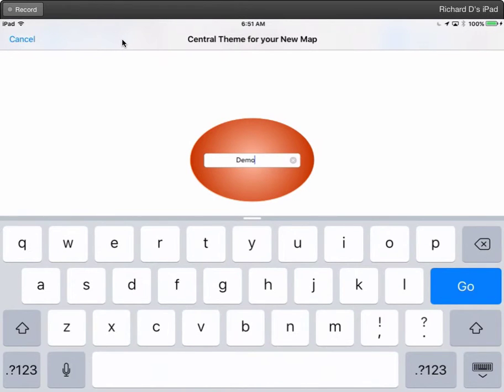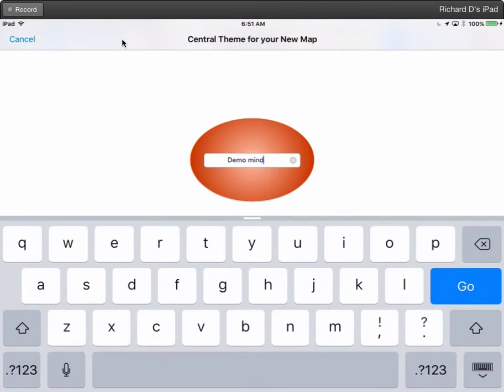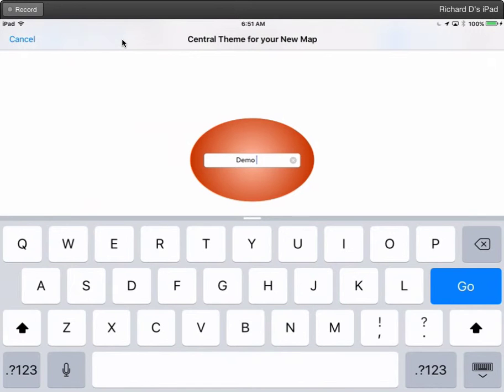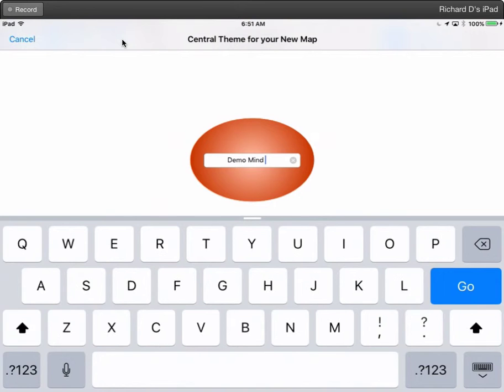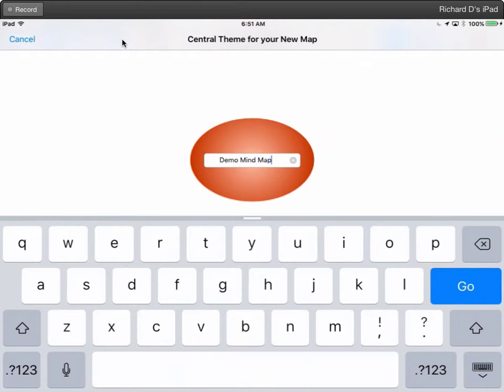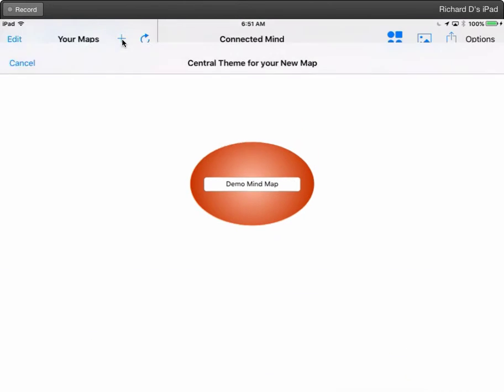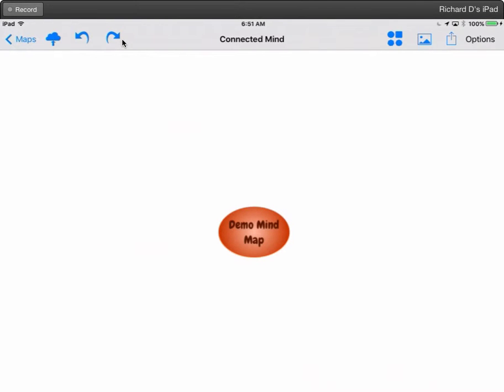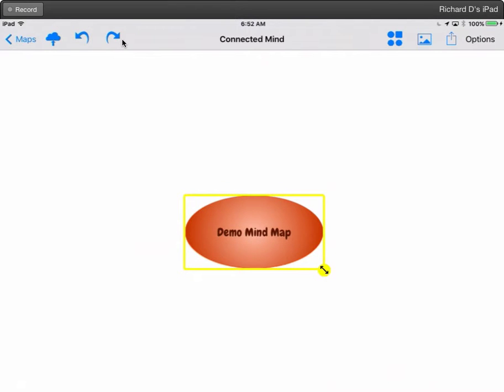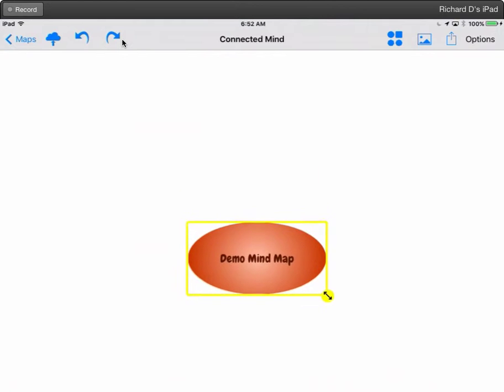Okay, so demo mind, let's capitalize that, mind map. All right, so we have that now, and let's move this over, and we can make this larger if we wish by tapping it and doing that. We can also move it down,